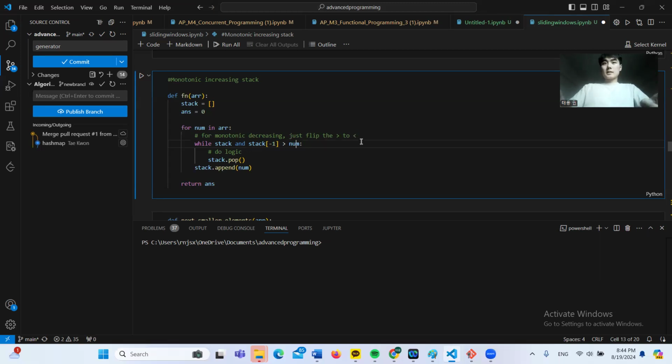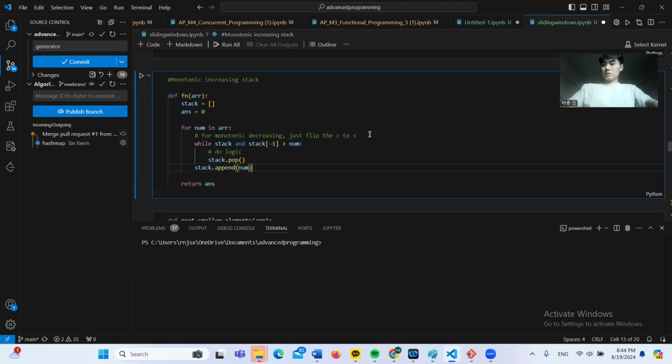So while stack and the end of the stack is greater than num, the while loop checks if the stack is not empty, and if the top element, the end element, is greater than the current element, which is num, right? And then we do some kind of logic here, which I'm going to show in the example soon. And then we did stack.pop,